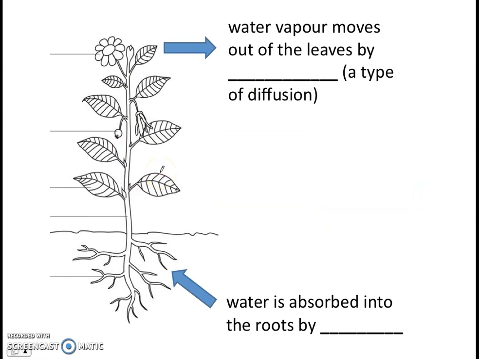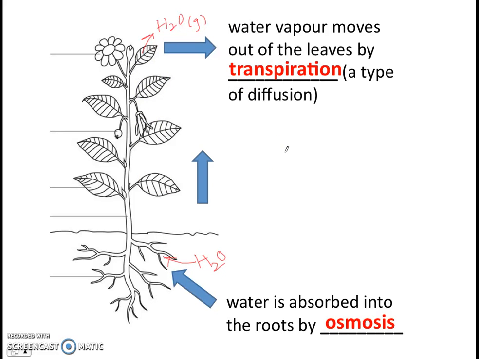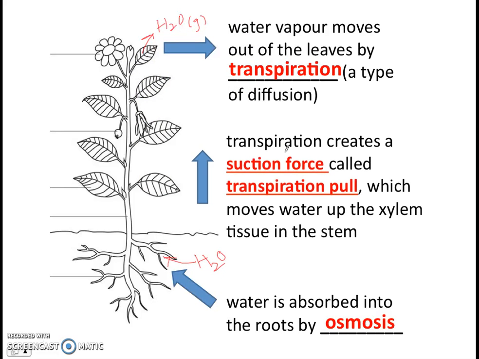To discover the answer, we need to go back to what we have learned. Right, we've seen that water is absorbed into the roots by osmosis. And we've seen that water vapor moves out of the leaves by transpiration, right, which is a type of diffusion. So there's water vapor moving out. Water in a gas state. There's water moving into the roots and out of the leaves by transpiration. So what happens in between? Well, what happens in between is this process called